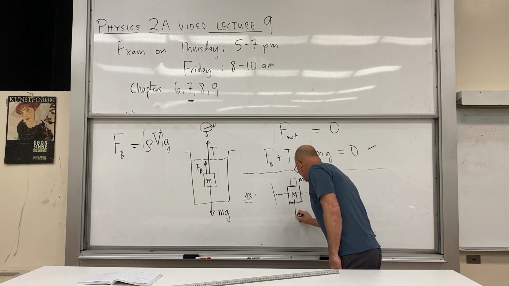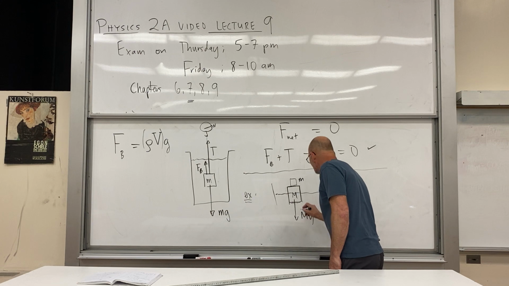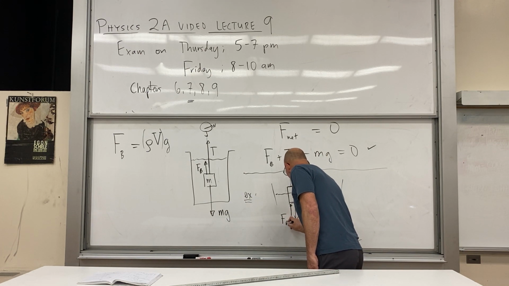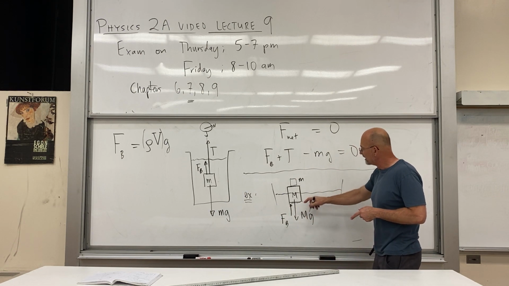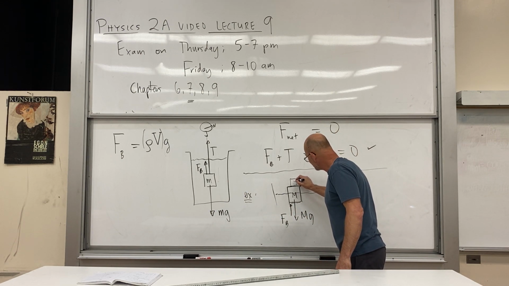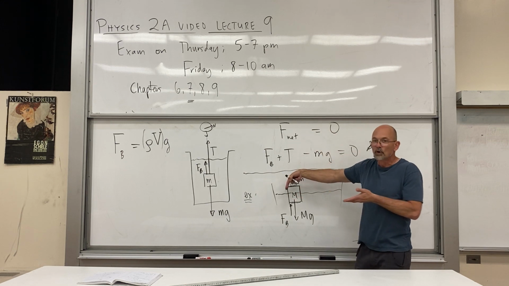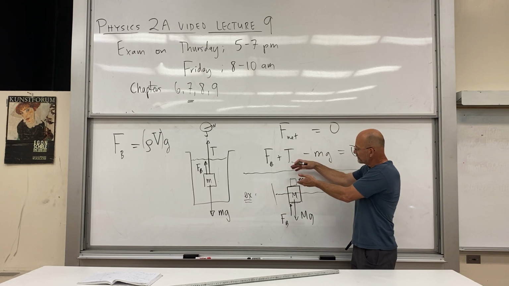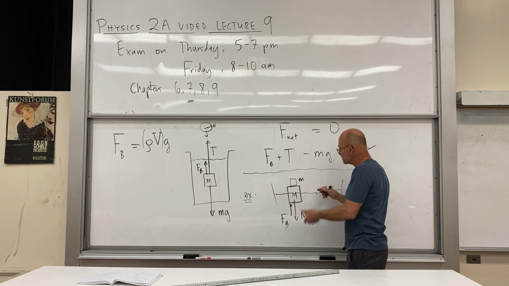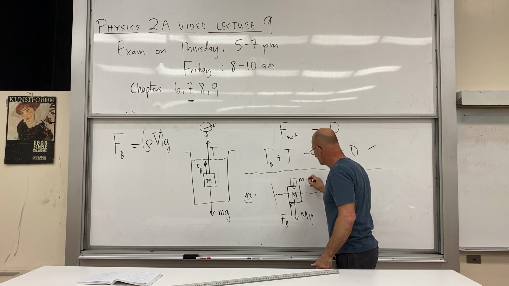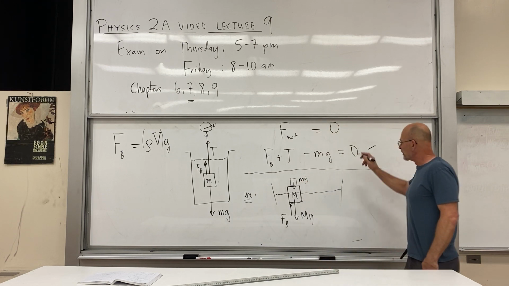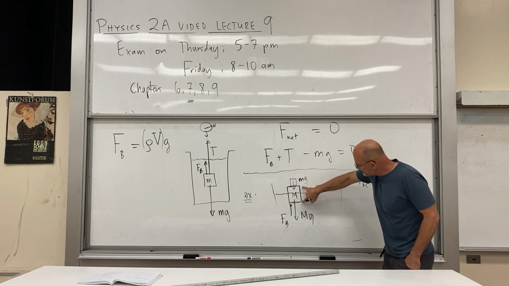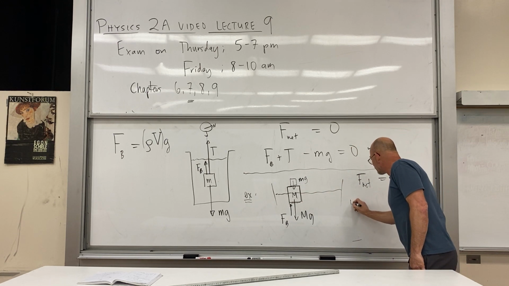The forces acting are mg. Now I'm going to put the buoyancy force down here, but pointing up, and then I've got this little force here. This is pressing on it with a normal force, but we've done this often enough, we can say it's just pressing on it with mg pointing down. So mg pointing down. So F net equals 0, the force on the big block, there's a buoyancy force,